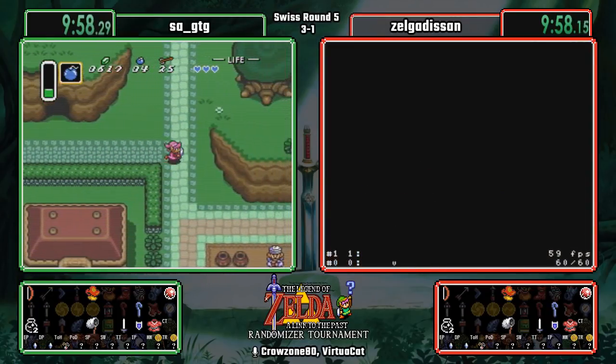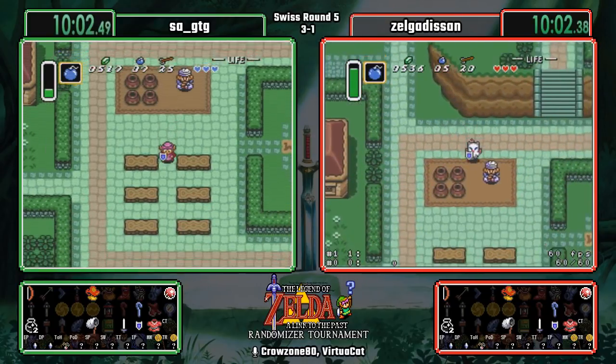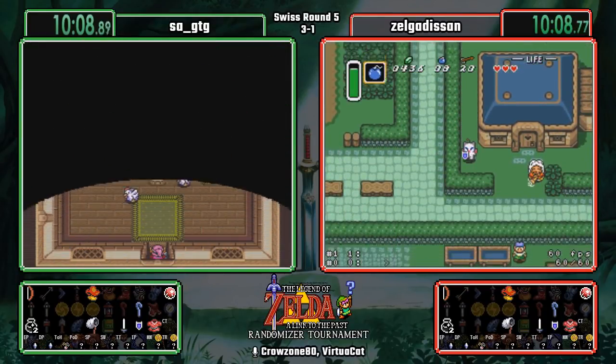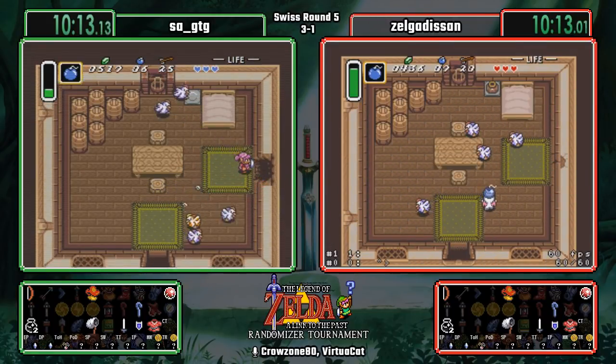Yeah, this is very interesting. 3-heart red mail is kind of a strange start when you think about it. Typically, by now, they'll have picked up enough pieces of heart or heart containers to at least have 4 or 5 when you leave Kakariko Village, but they have only seen 1, I believe, at this time, so...